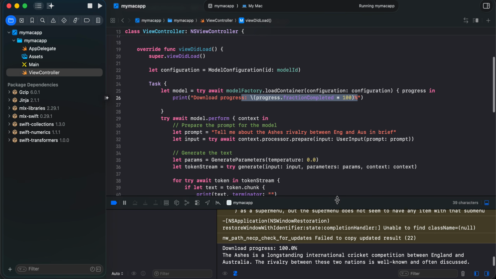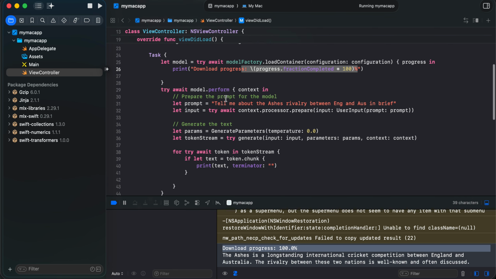So here you can see I have already run it. I have previously run it, that's why I'm directly getting 100% now. But if you run it for the very first time, you will get 0 to 100%, the entire range. But again, I'm telling you, select smaller models, don't select big models, otherwise it could be a frustrating experience for the user. And then you just have to do try await model.perform, and here I'm asking this question: